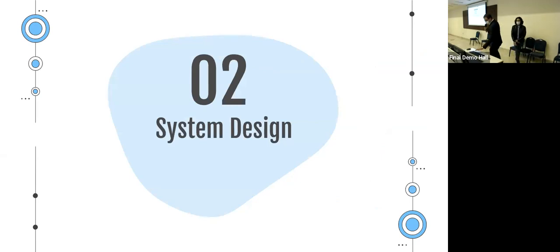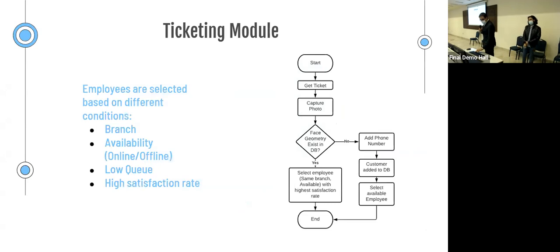Okay, so now we will have a quick overview of the system design. Whenever a customer enters the work area of the service provider, the first thing they face is a ticketing terminal, which takes a photo of the customer and then sends this photo to a face recognition module, which compares the face geometry acquired from the customer to the multiple face geometries in our back end. And then if the customer was recognized